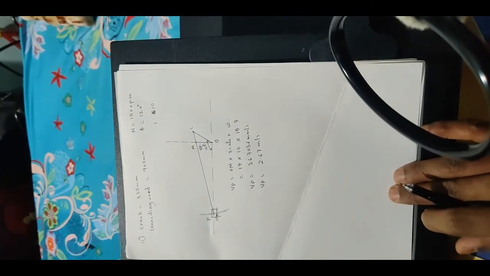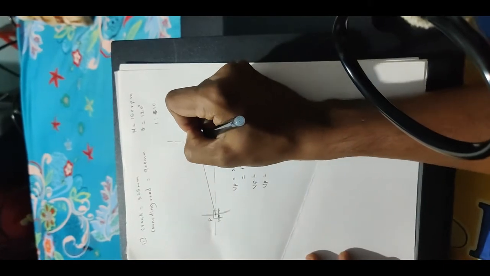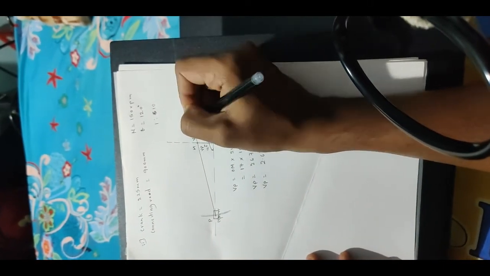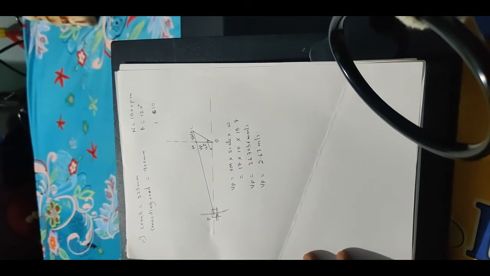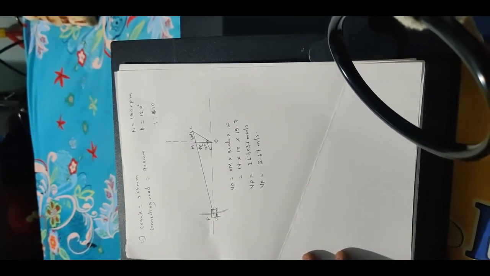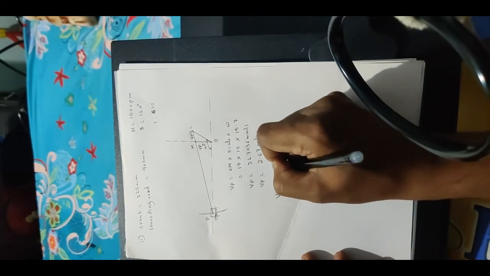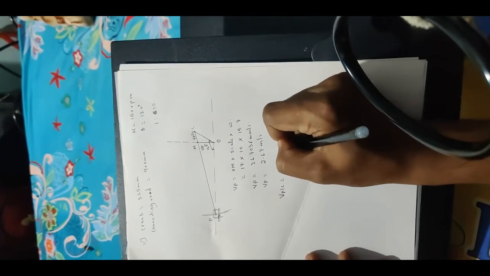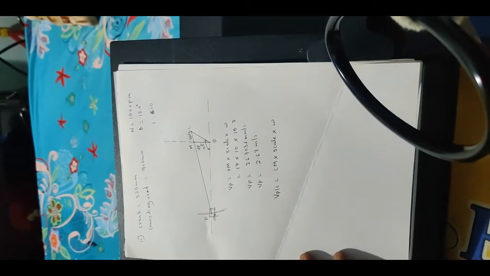So angular velocity of the connecting rod, in order to find that, first we need to find out the linear velocity of the connecting rod. So whatever this line CM is here, this will be giving you the velocity of P with respect to C. If you observe the previous figure, you will be getting it right here. So V of P with respect to C is the line CM into scale into omega.